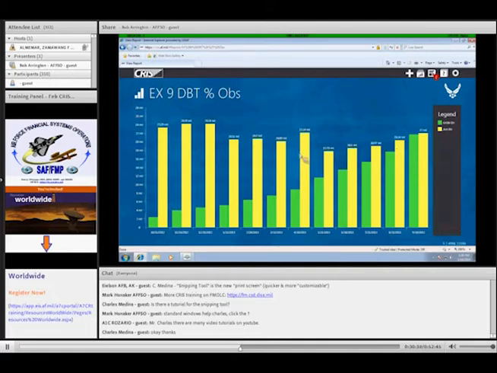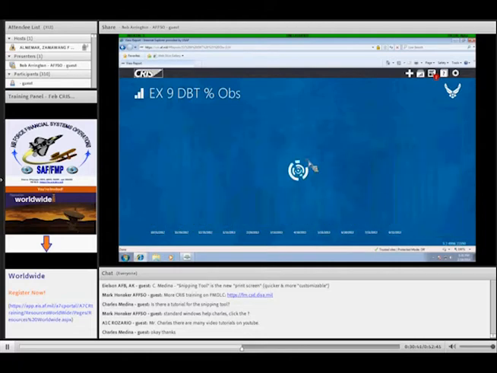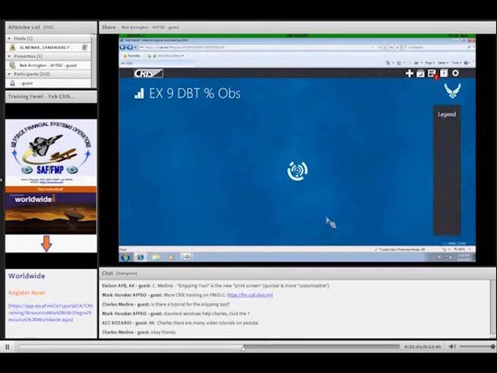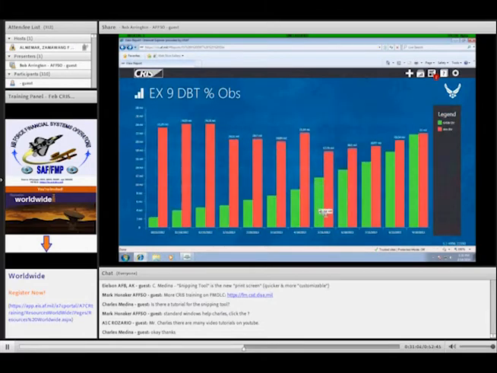I can change this if I don't like the color scheme. Like I said, I can edit it from right here. Just right-click. This works on any CRIS results. You can right-click on the results. You can go back and edit the results. And I'll change this. Maybe I didn't like that bright yellow. I'll make it more of a reddish orange type color. Click Save, and it'll run it again, and it'll apply the new values.